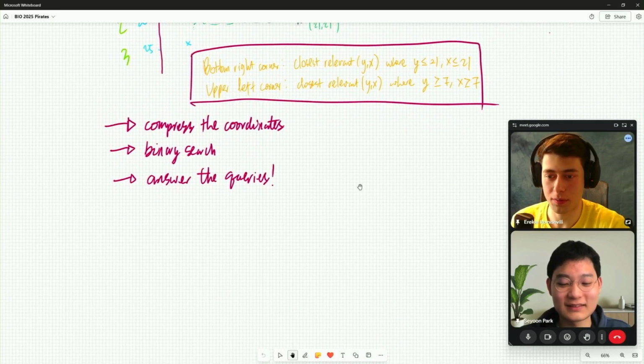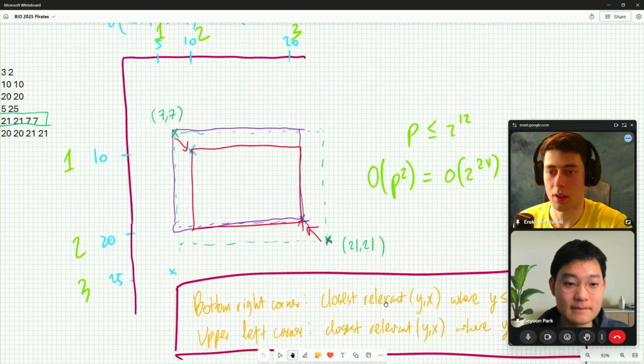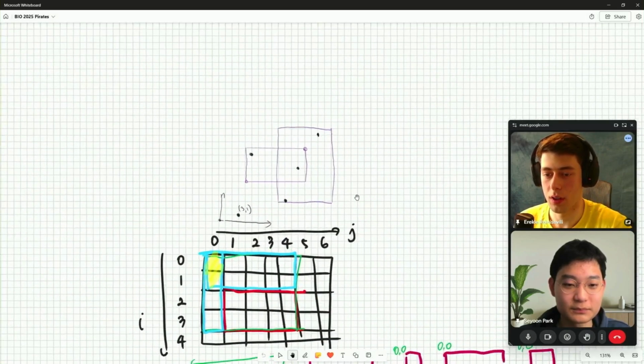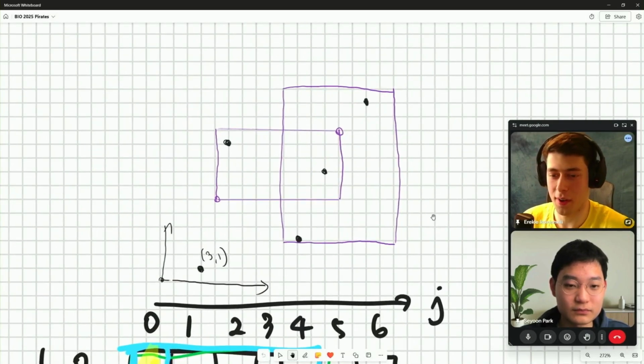So my solution works like this. I'll move back up to the top, where we had an example, on the topmost diagram.